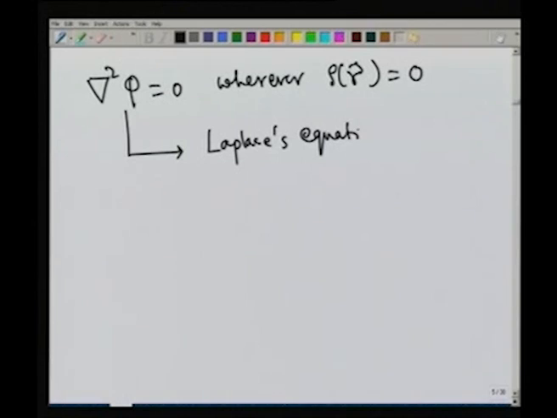So, if you feel like, what one can say is that the problem of solving electrostatics is in some sense equivalent to solving del squared phi equal to 0 with some specified boundary conditions at different points or different regions in space. Therefore, Laplace's equation is also a very, very important equation, and we will realize that when we start discussing dielectrics and conductors. That will come in a few lectures later.